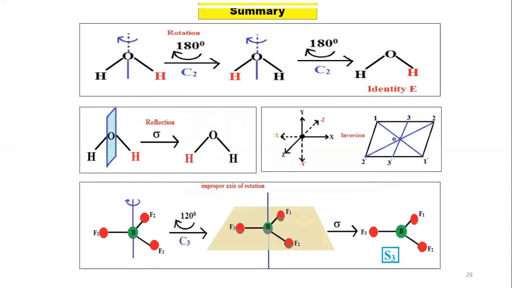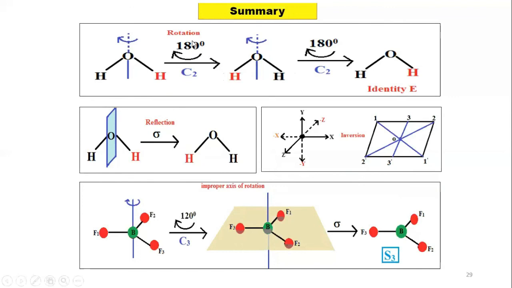So the summary here: any symmetry operation is performed on a symmetric molecule, and the requirement of a symmetric molecule is that it should have identical or equivalent atoms in certain parts of it, and the angle should not change, as well as the bond length doesn't change on the symmetry operation. There is no translational motion. So these are all the summary of the symmetry operations we have performed.